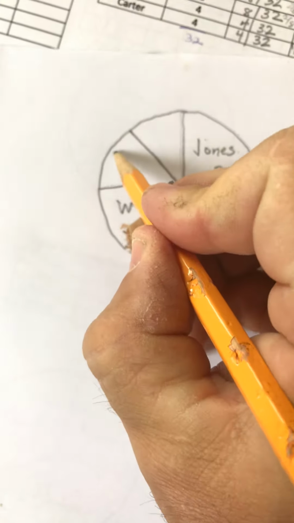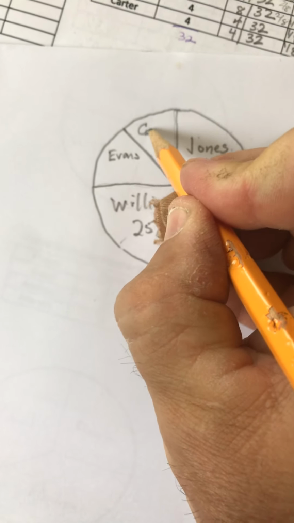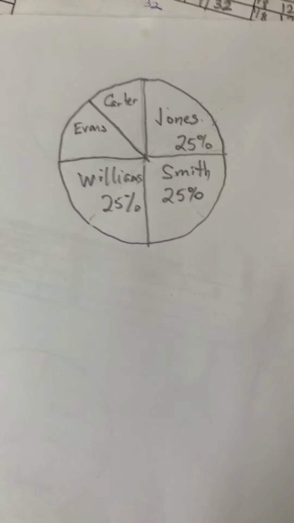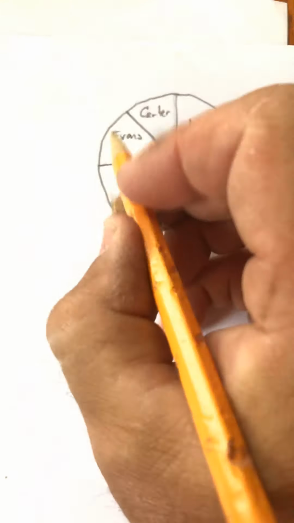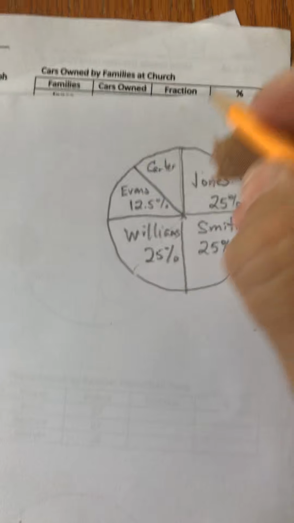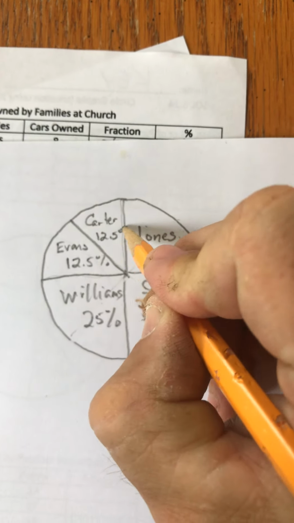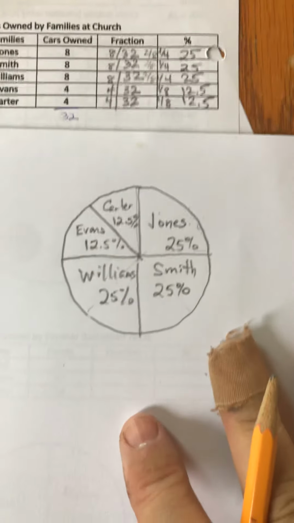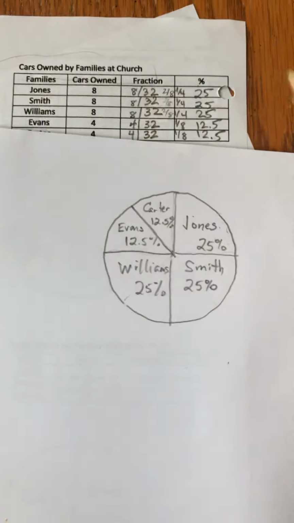We give 1 of these to the Evans family and 1 to the Carter family. That's going to represent 12.5%. 1/8 is the same thing as 12.5%. So 12.5% here, 12.5% here. The only thing left, guys, is to take our title, which is cars owned by families at church,